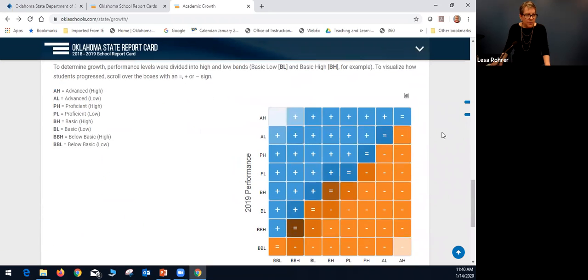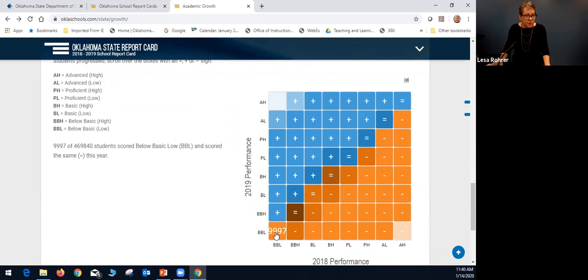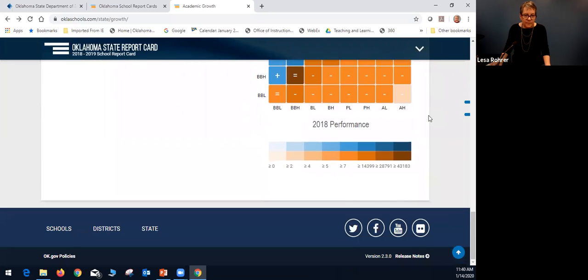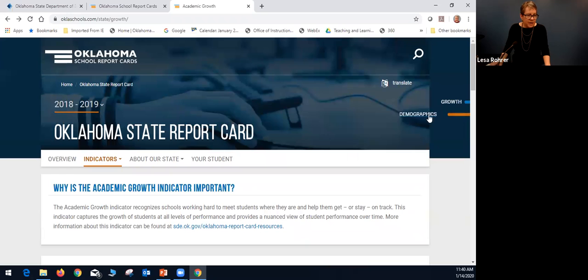And then this academic growth rate. We have changed this display. It is interactive. If I scroll over it, I get the numbers that you saw in the graph in the PowerPoint. What we're doing here is we're comparing performance in 2018 to performance in 2019. Remember that students here in the middle stayed at the same level. Students here in this orange with the minus scored at a lower level, and students here scored at a higher level. And we have this for each of our indicators. They're laid out the same way, although the views may be a little different.